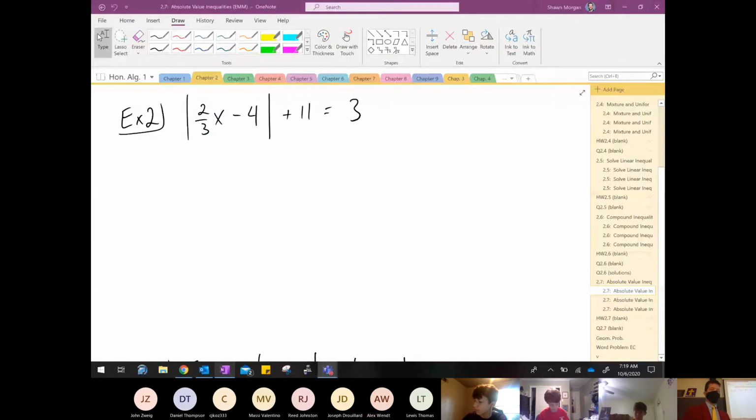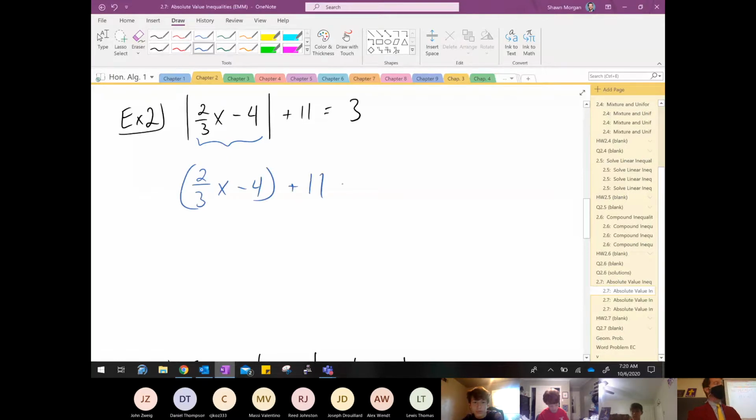Say those lines were like parentheses? Yeah, they are very much like grouping symbols. Absolutely. So wouldn't you do those before? Good question. Can I do anything inside this grouping symbol? Could I combine like terms, for example? I cannot. And absolute value is unique, because if this was 2/3 x minus 4 in parentheses and